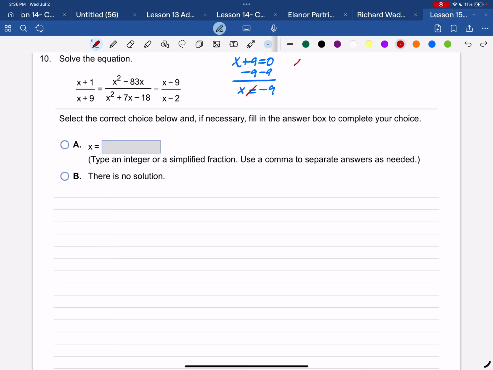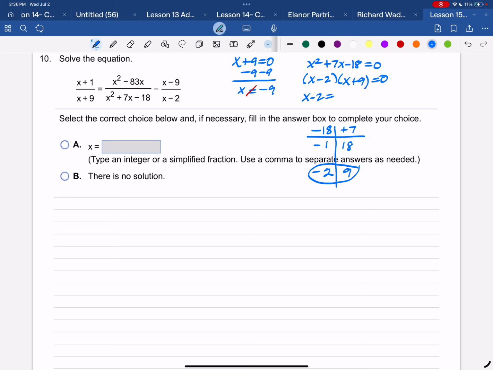X squared plus 7x minus 18 equals 0. Well, that one's going to require factoring because it's got an x squared. I need the factors of negative 18. That will give me a positive 7. Negative 1 times 18, that's not it. Negative 2 times 9, there it is. So it's (x - 2)(x + 9) equals 0. X minus 2 equals 0. You add 2, you get x is 2,